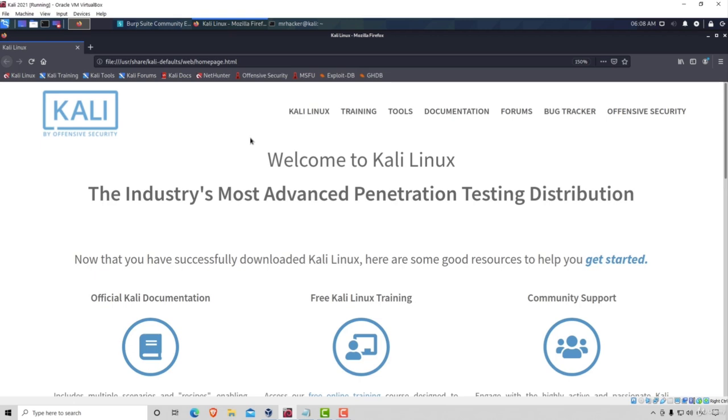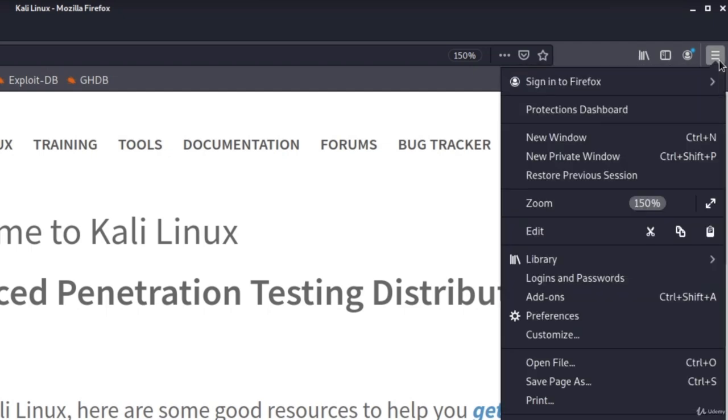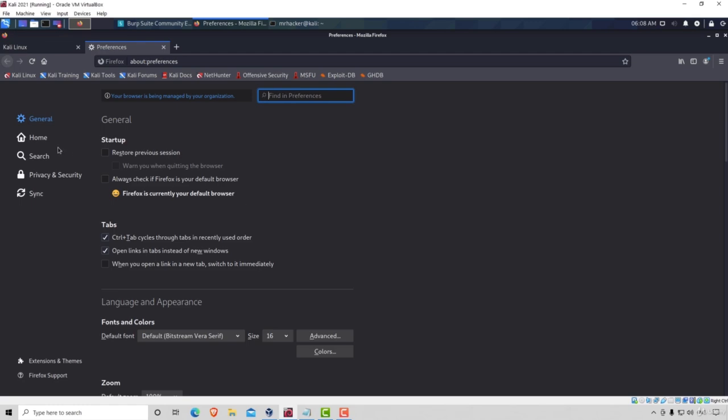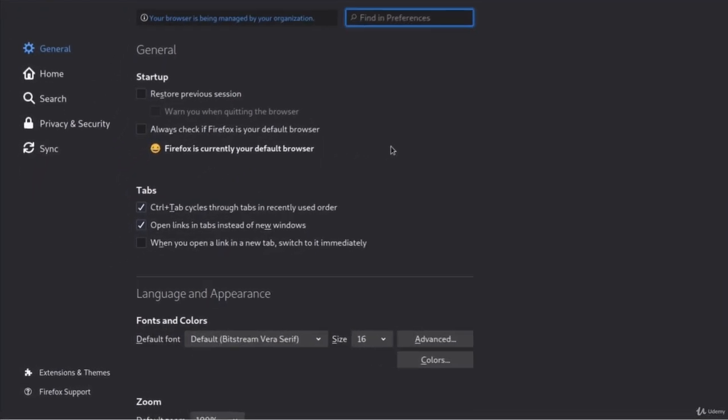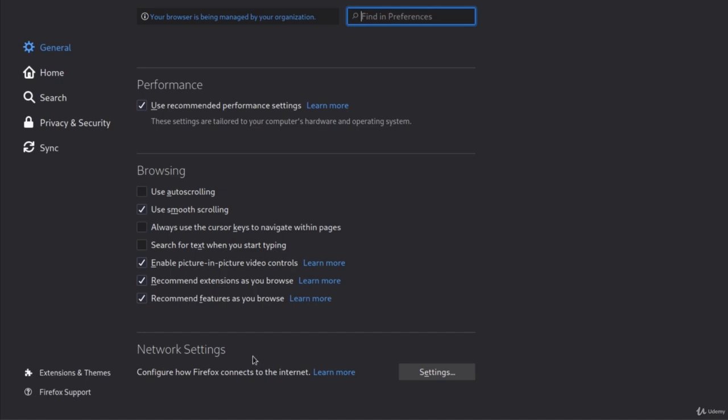Once you start Firefox, we want to navigate to Firefox settings. You can do that by going on these 3 lines, scrolling a little bit down onto the preferences, and clicking on that. Under the general settings, we want to scroll all the way down until we get to network settings right here. In the network settings, click on the settings button,